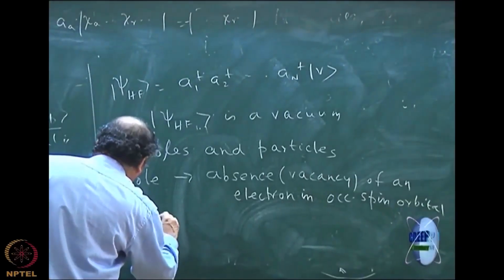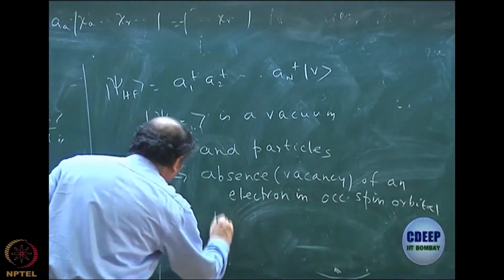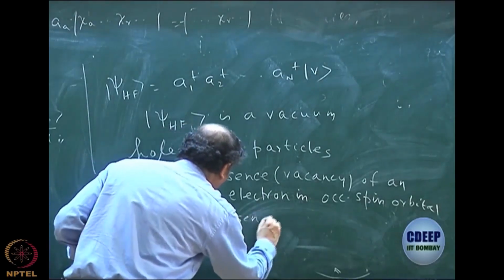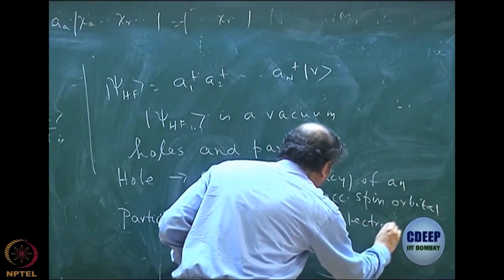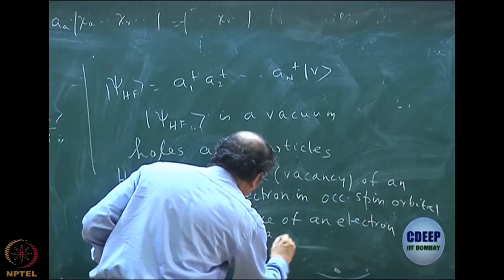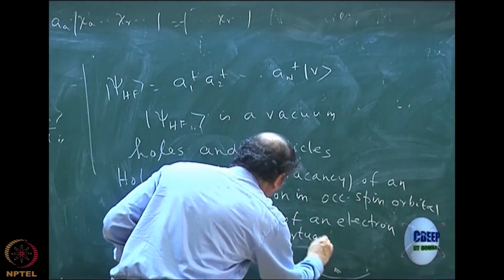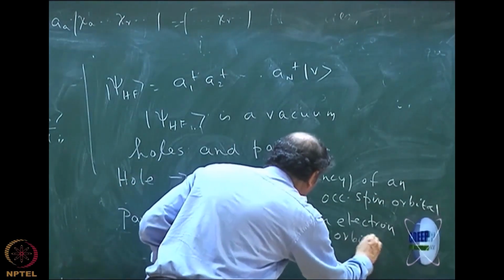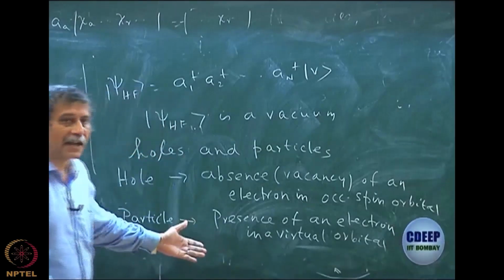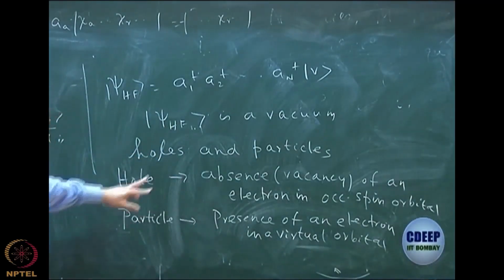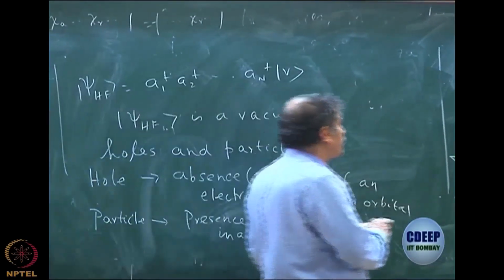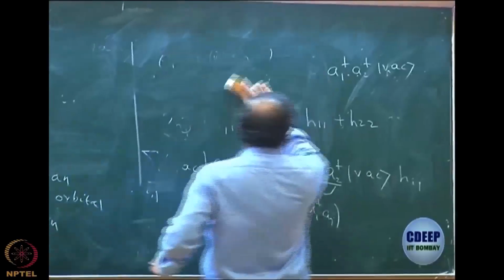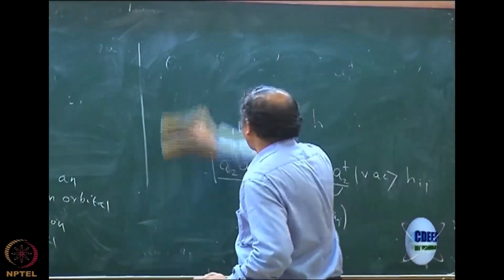What is a particle? A particle is the presence of an electron, that is a normal thing. Presence of an electron in an unoccupied orbital or a virtual orbital. So, this is really a normal annihilation operator and creation operator, but this is exactly opposite. So, if you look at now Hartree-Fock, psi 0, in terms of holes and particles,